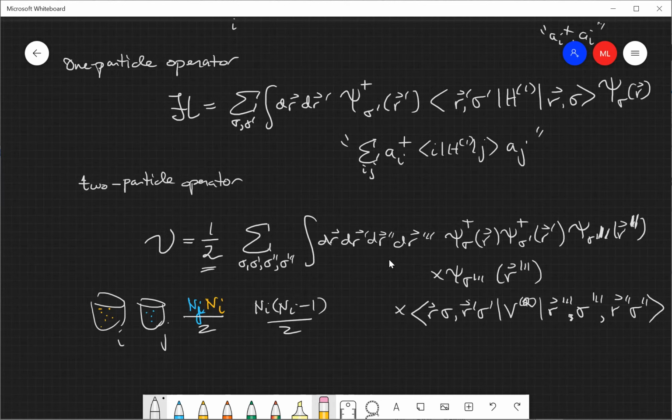So what does this do? Again, it pops out 2 particles, a pair of particles in 2 different states, and it pops in 2 other particles in 2 other states. And these matrix elements tell you the transitions between a pair of particles in this state and a pair of particles in some other state. So that's why it's kind of written in terms of this kind of Feynman diagram. You start out with a pair of particles in these 2 states, and then you end up with a pair of particles in some other states. And this is basically,